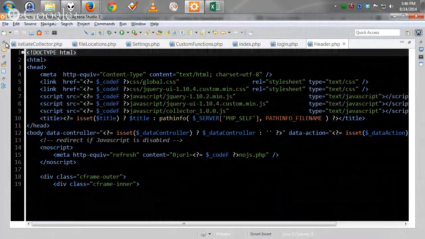So we're saying declare, whenever you're making an HTML web page, you have to do this, which is declare